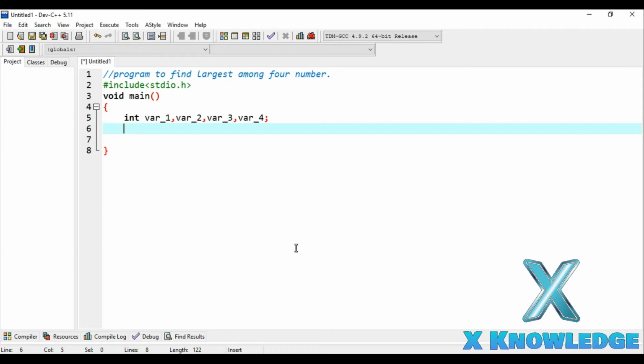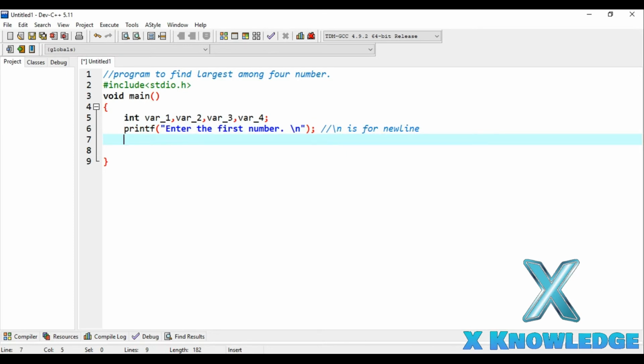Now we will give a message to the user to give us the number. With the help of the printf function of the stdio.h library, we will give the message to the user. So printf, enter the first number. And we will use a special character, that is \n, out here. What this \n will do for us is that after printing this line, that is enter the first number, on the output screen the cursor will move to the next line. So let me do the commenting of it.